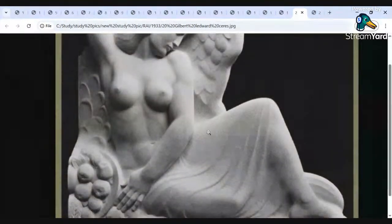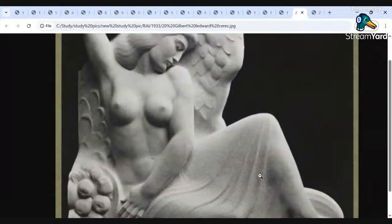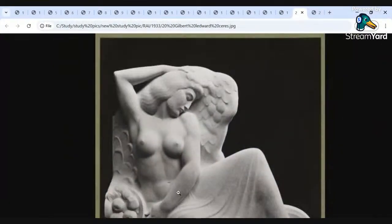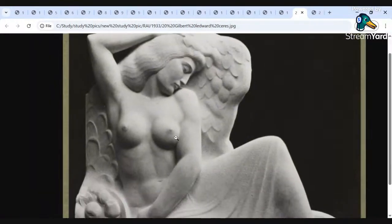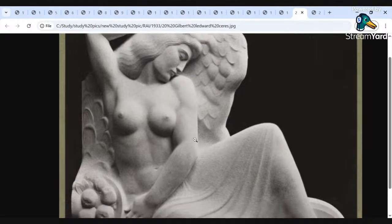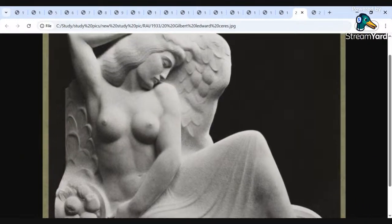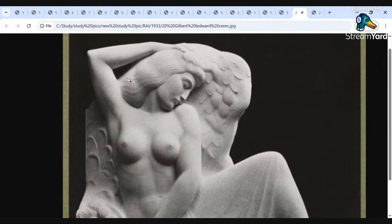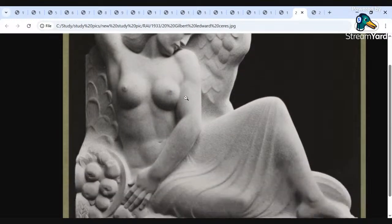Her body's tilted towards us, but her legs are up and to the side. So there's a bit of awkwardness, but it's a very elegant pose. It's almost like some kind of dance, an embrace, but her eyes are closed. So she's almost asleep as she's doing it. There's an effortlessness to it. You can see with the hair, again, this very medieval modernism kind of stylistic repetition, and the